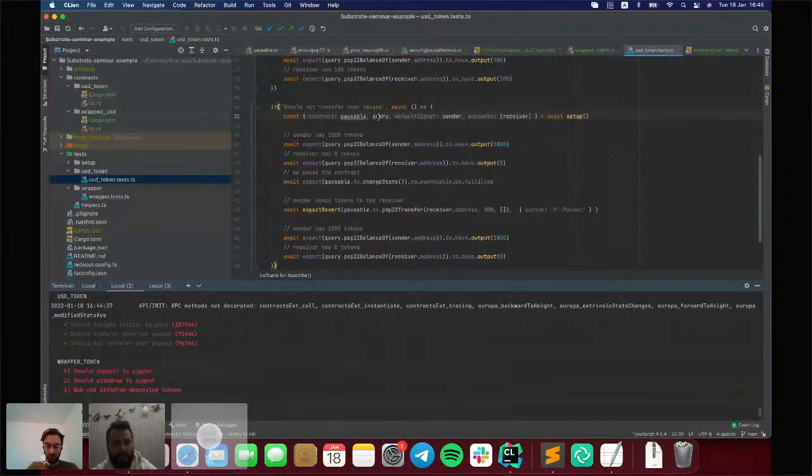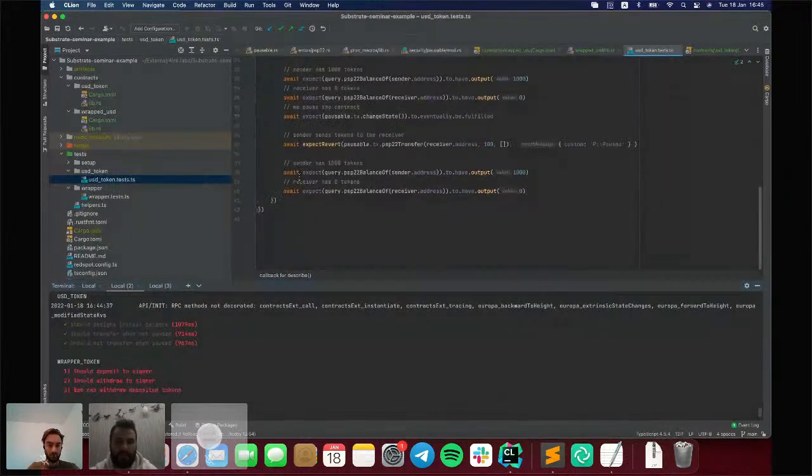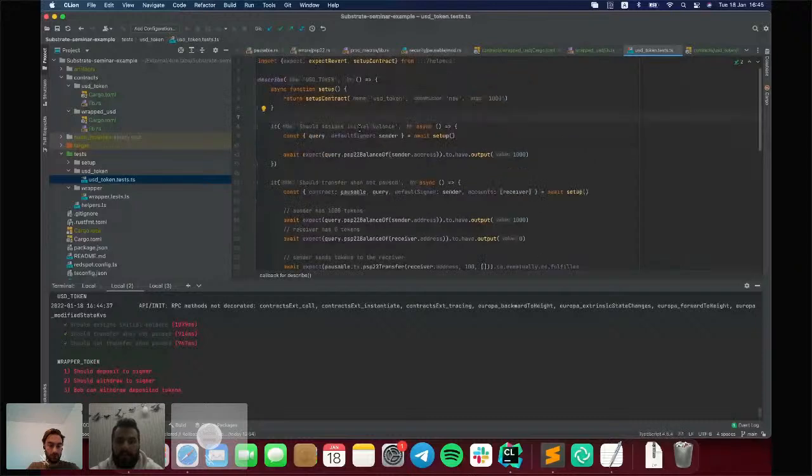So we have three tests for USD token. The first one tested that the creator of the contract really got 1,000 tokens. So in setup contract, we created an instance of USD token.